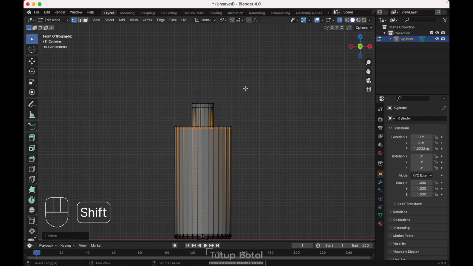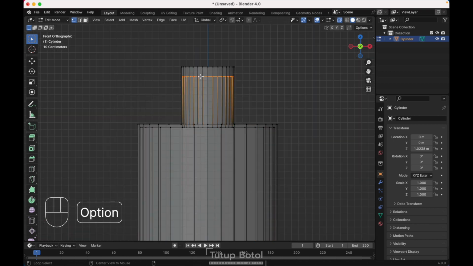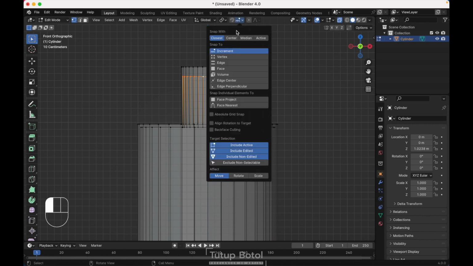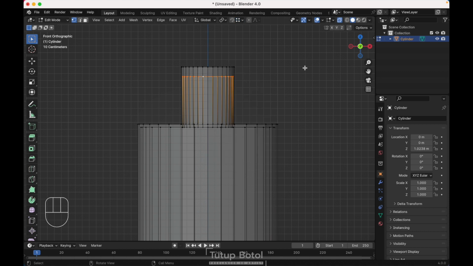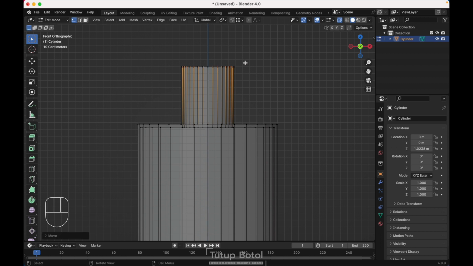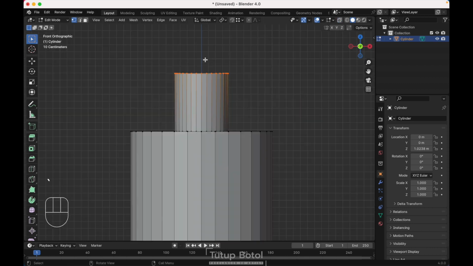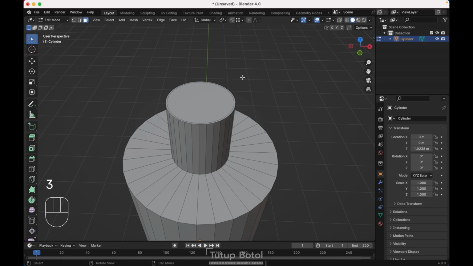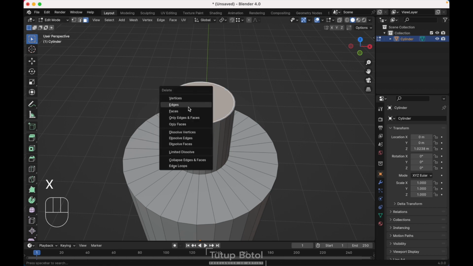like this. Press Alt and click over here to select all of this edge, click here, snap with, change it to vertices, press G, Z, hold Control and snap to these vertices, just click over here. Go to the top view, press 3 on your keyboard to change to face mode, select this face, press X, delete the face,